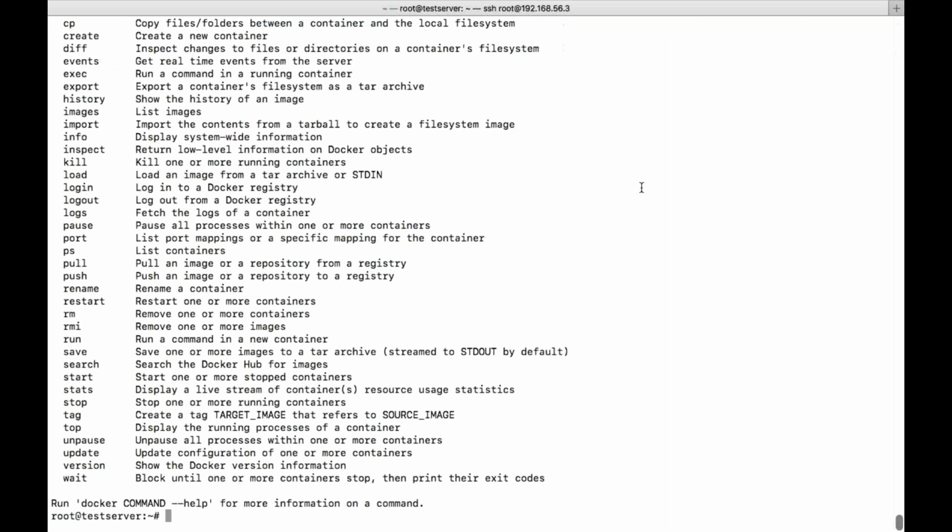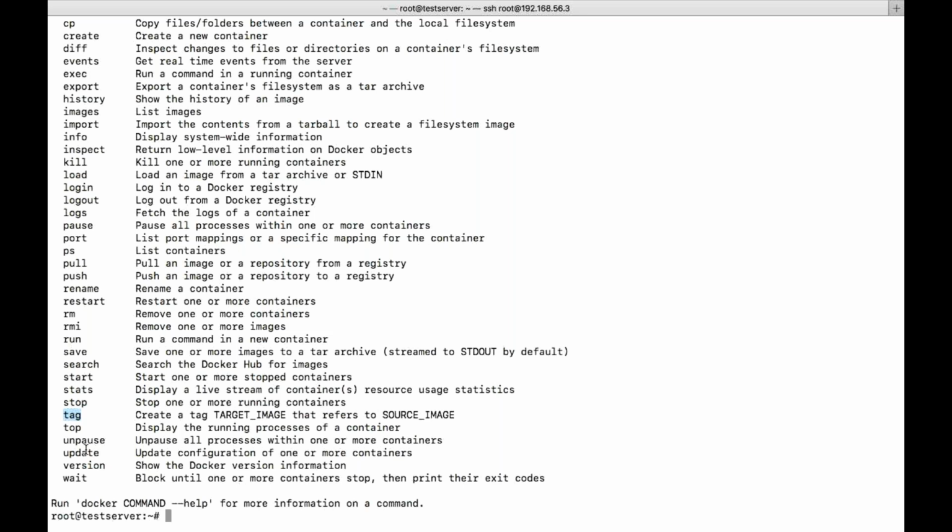Stop, in the sense, if you want to stop your container. Once it is stopped, if you want to start, we need to use the start option here. Tag, in the sense, this one also will come when you want to create duplicate images. I'll tell you this also. So totally six options that we'll discuss.